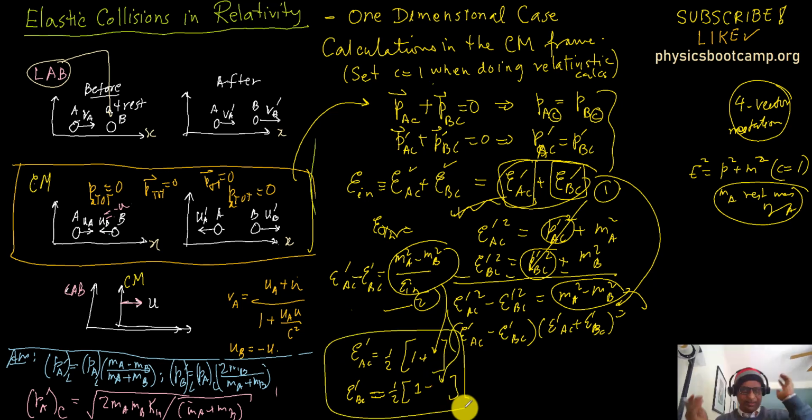It's really quite trivial compared to what we are doing in the lab frame. The lab frame is a lot of work. Connecting the lab frame to the CM frame and back and forth, it's much easier if you can understand some of the things that come with 4-vectors. And so that's what we're going to do.